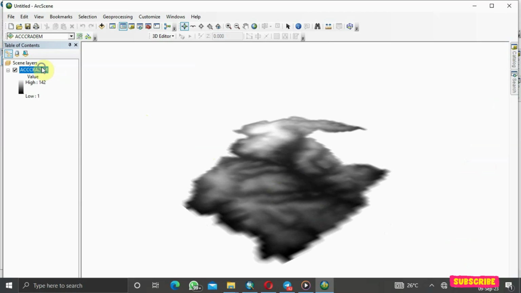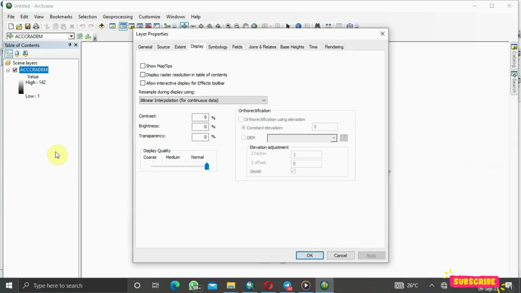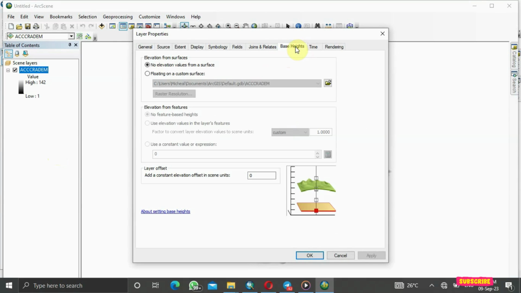Then we need to come here, open our properties. You can choose anything you want here, but we need to come to the base height, and then we select floating on a custom surface,